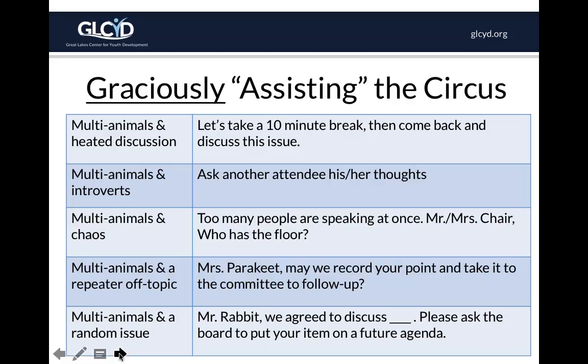We hear what you're saying. We understand this, and we can take it to the committee for a follow-up. And then that should help Mrs. Parakeet feel like, okay, I've been heard. They understand what I'm trying to say, and I don't need to, hopefully. And then another one is the random issues, and I kind of think of rabbits, how they just hop